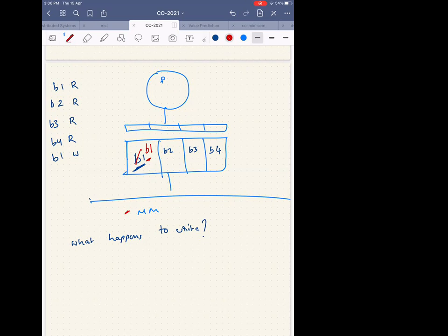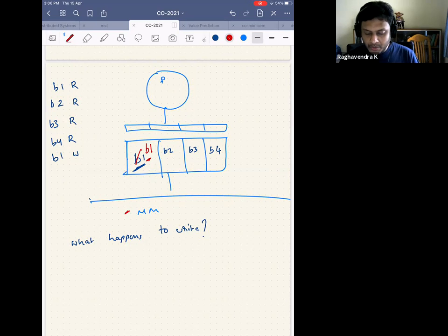Sir, only in the cache is fine, but when it gets replaced, we have to overwrite the value again. Yes. So now the question is, let's say I write it only in the cache. I don't write it in the main memory. So I have updated only this content. I haven't updated the main memory. I have updated only the contents of this particular block.